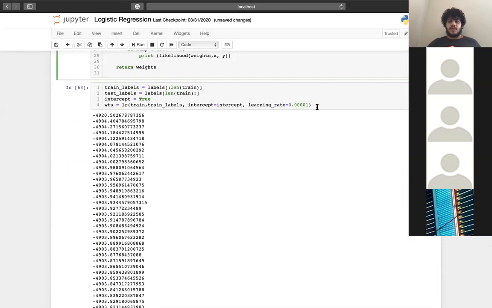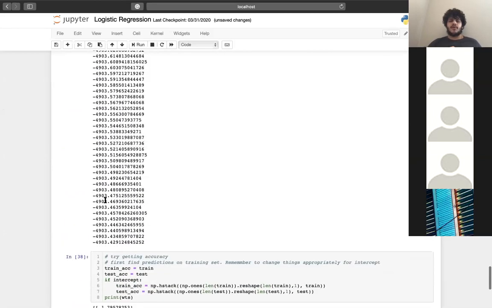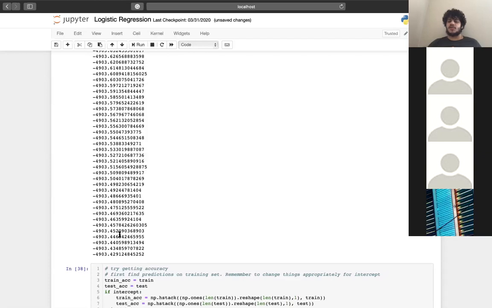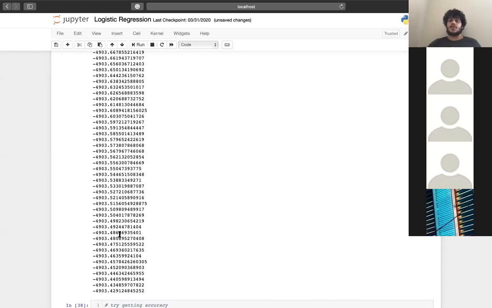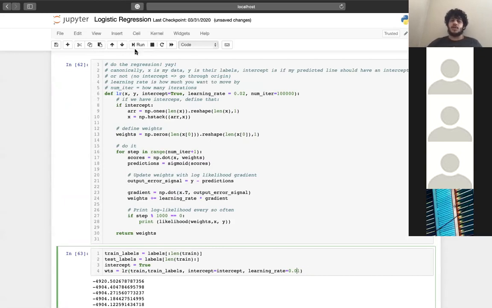Because my learning rate was so small, my original value started off at 4920, and then it went to 4903, and then it just kind of stabilized. If you can see, it keeps consistently decreasing or consistently increasing, which is good. The higher the log likelihood is, the better your model is. Now, if I change it to something super large, say 0.01, which doesn't seem like a large number,